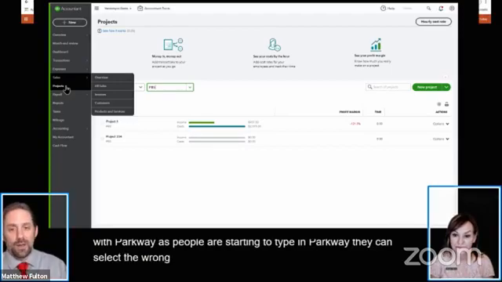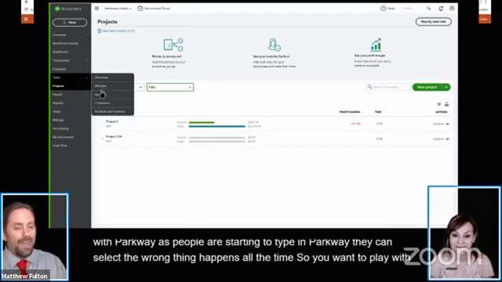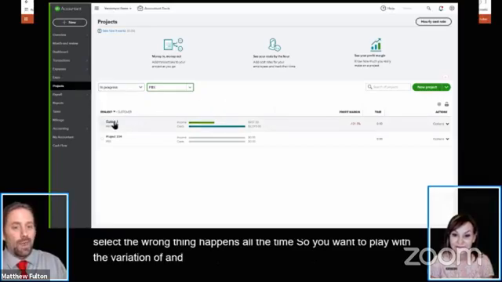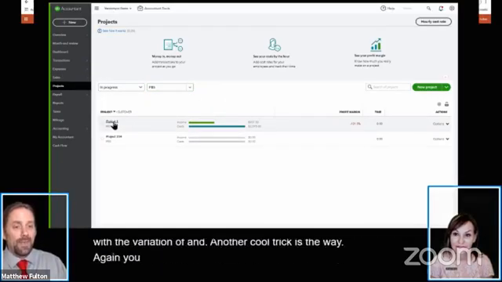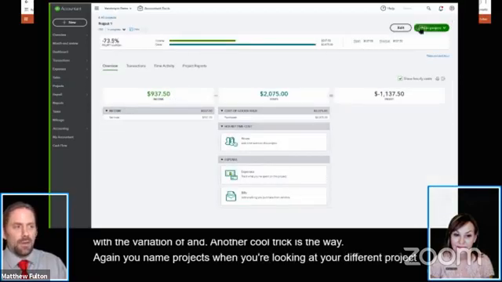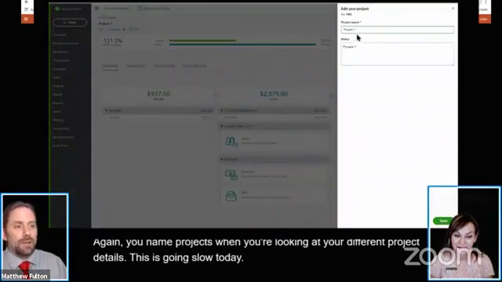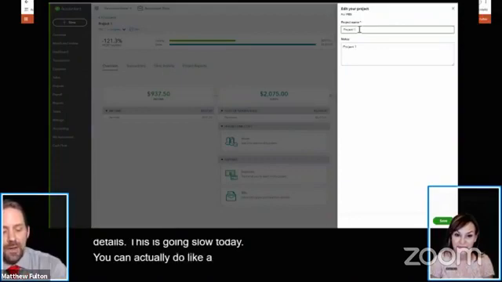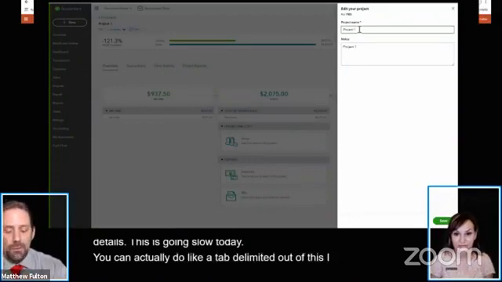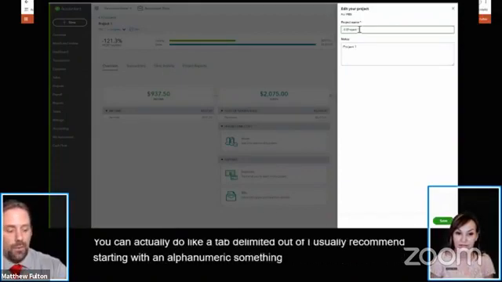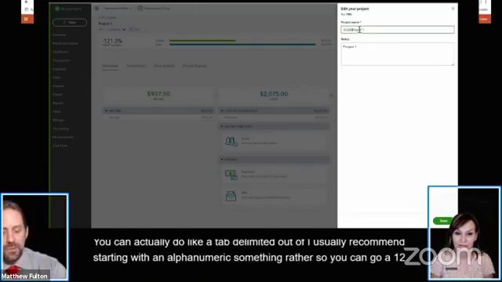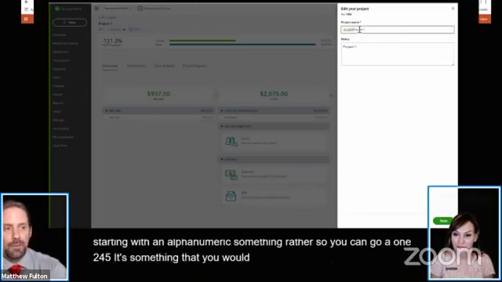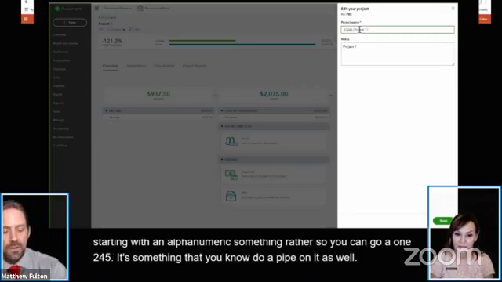Happens all the time. So you want to play with the variation of that. And another cool little trick is the way, again, you name projects. When you're looking at your different project details, you can actually do a tab delimited out of this. I usually recommend starting with an alphanumeric something or other. So you can go A, 1, 2, 4, 5. It's something that you would know. Do a pipe on it as well, okay? Project 1. Then you could do